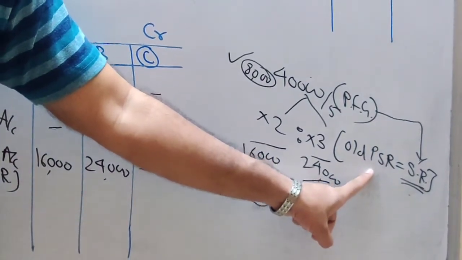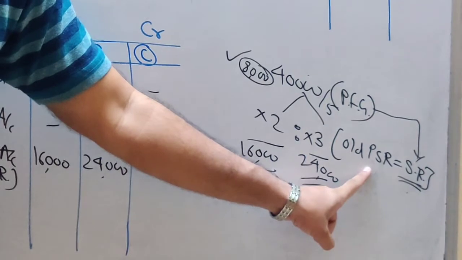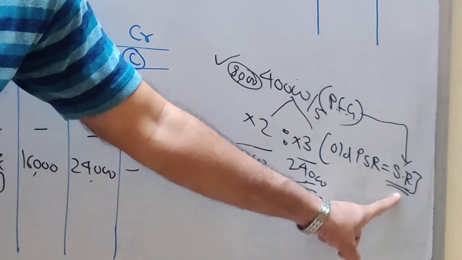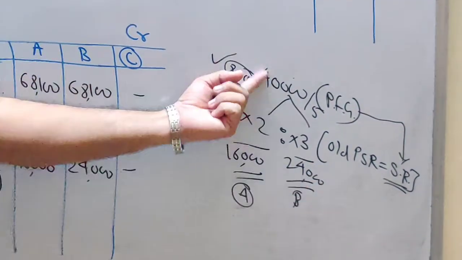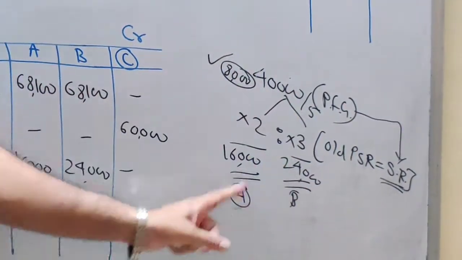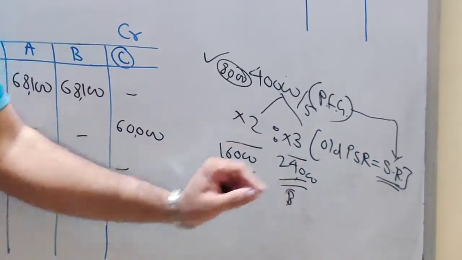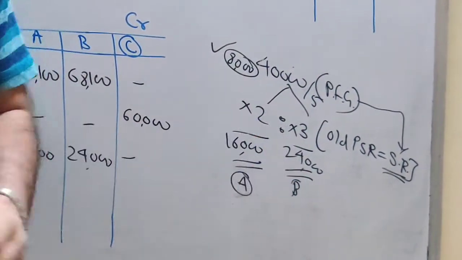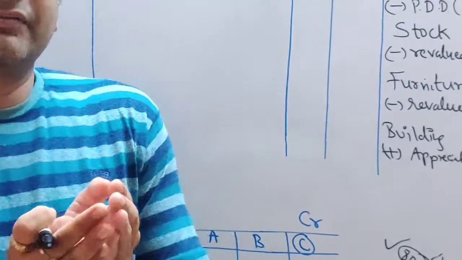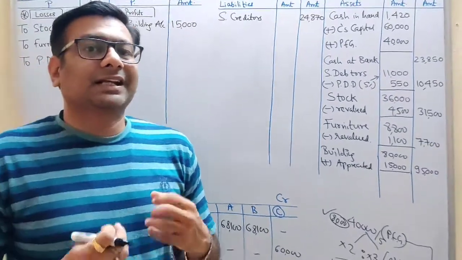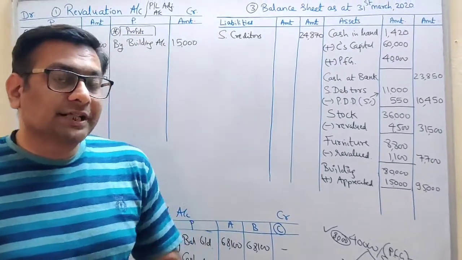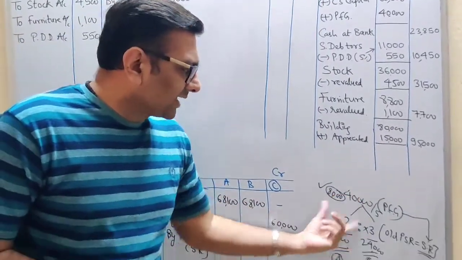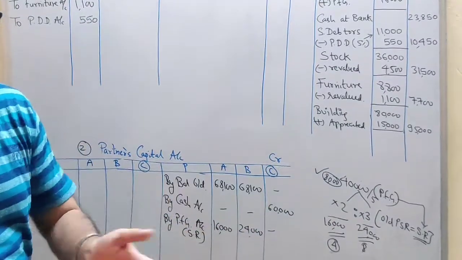Because in the question they haven't given you the new PSR. So whenever they don't give you the new PSR, you assume that your sacrificing ratio is equal to the old PSR. I hope you have understood how to split this amount in the sacrificing ratio 2:3. Also take down this working note, students, for your reference, because we forget. When we see the working we understand very clearly, but after 2-3 days you forget it. So take down somewhere in your book how we calculated this, how we divided this goodwill among the partners.